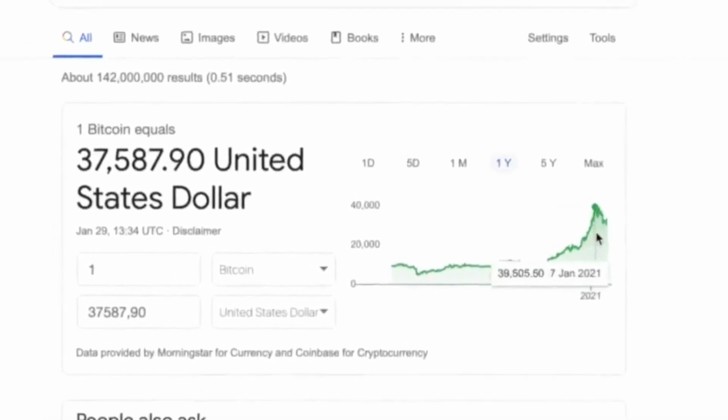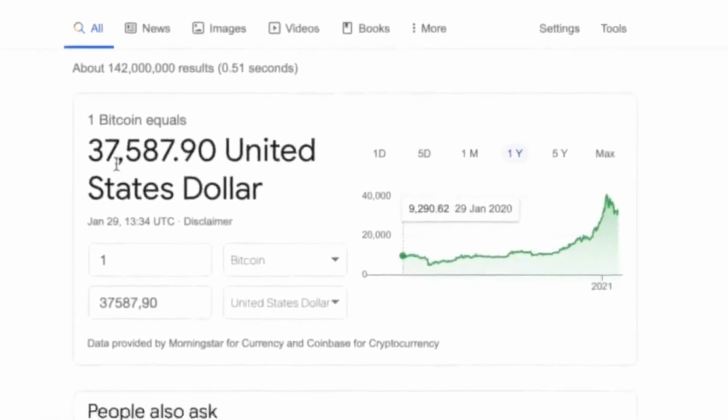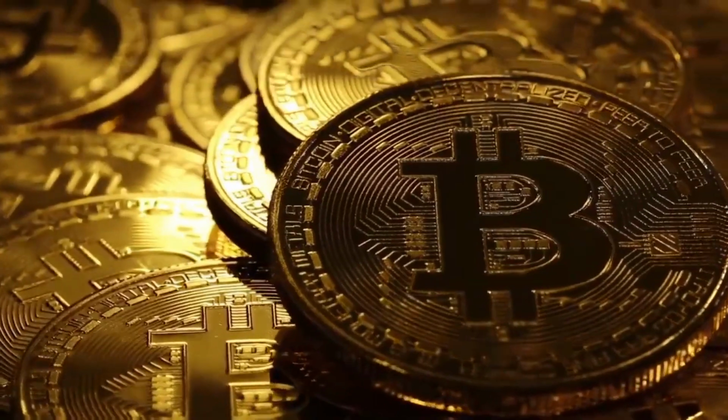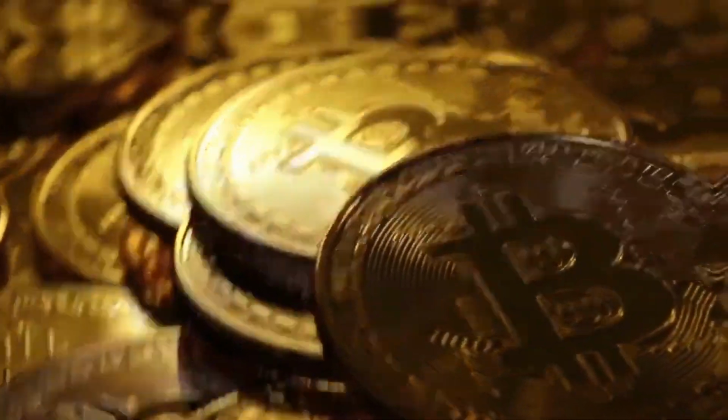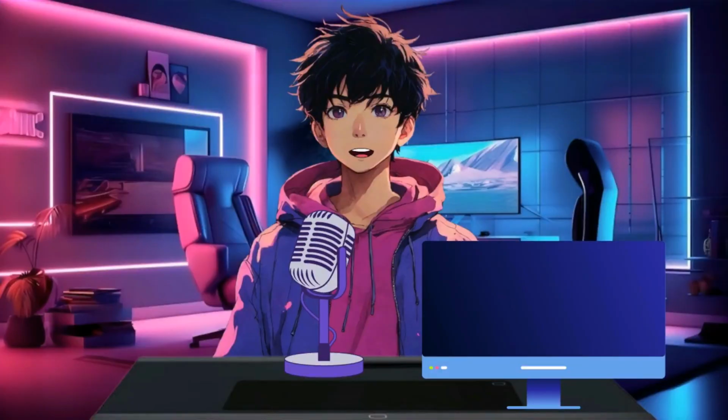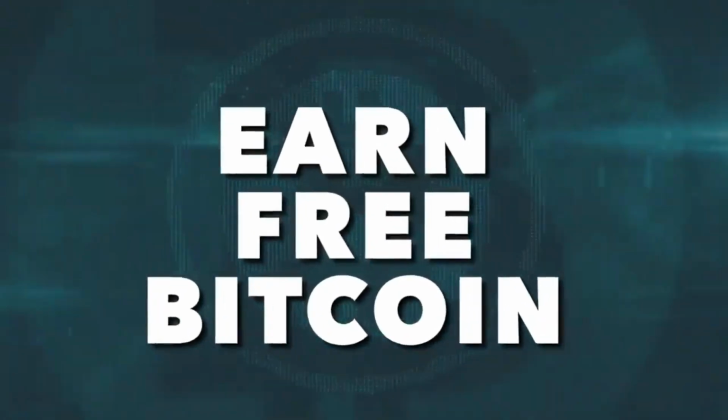Bitcoin is skyrocketing as we speak, so this might be the perfect moment for you to get involved in the process without spending a single dollar. Hello, go Untitled, and today we are going to go over a brand new way you can earn free Bitcoin without